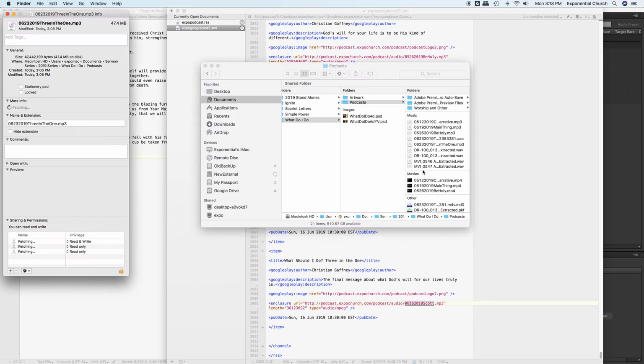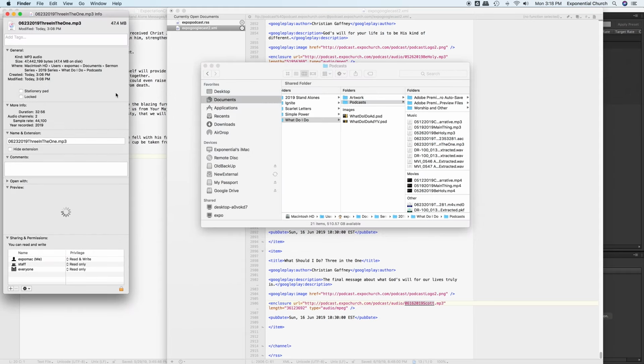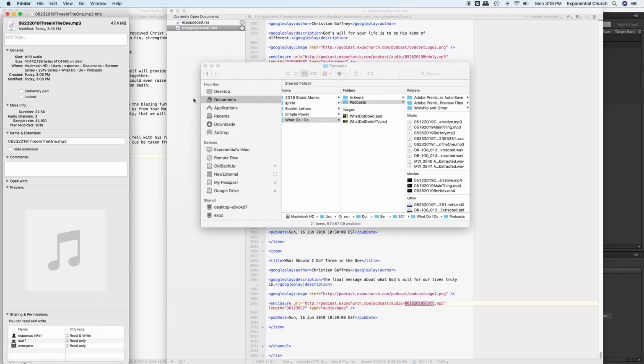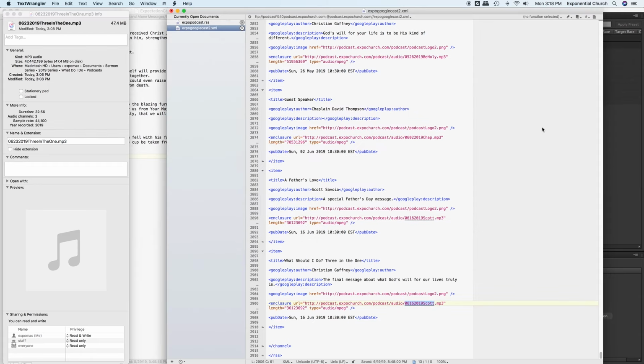Okay, it's going to bring up all of this information about that file. It's right there. Now I'm going to go back to this window back here, which is our Text Wrangler text editor, and I'm just going to left click. Okay, so now an easy way to put in the name of the file and make sure you don't have a typo, because if you get the name of the file wrong here,